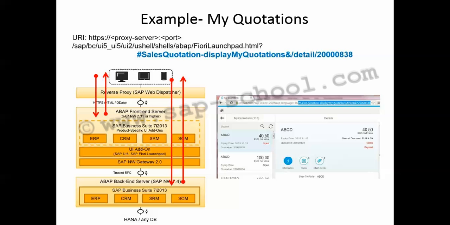First, my client devices give a call to the front-end server. Then in the front-end server, we have the different system aliases defined, and using that we know which backend server we need to call, and then we get the data from my backend server. So these are the different touch points when we call any app using the Launchpad, that is the Fiori Launchpad.